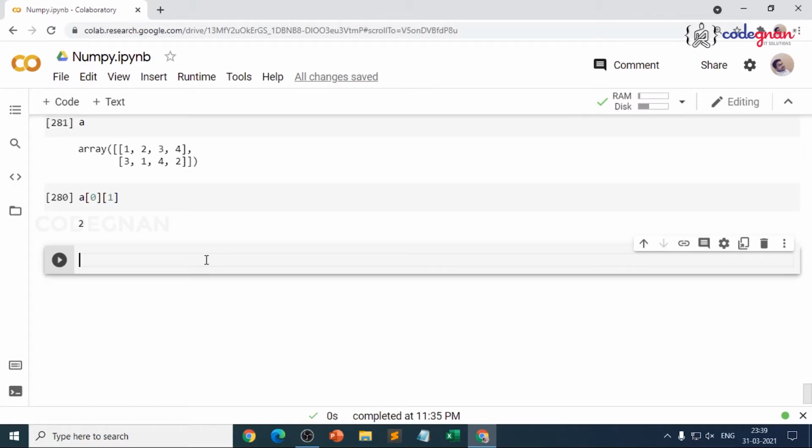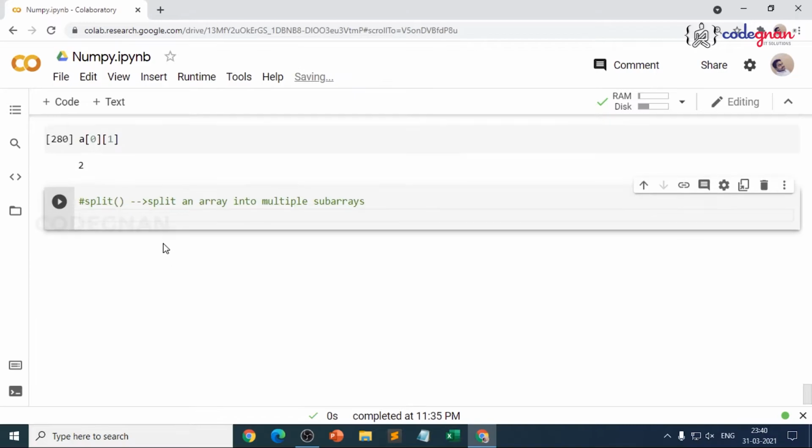Always remember. So now we will understand another important function, which is split, right? So how do you split arrays? Split plays a very vital role when we try to split an array into multiple sub arrays. If we go for the function, you'll understand it. How do you split the given sentences? I mean, how do you separate it? But here it plays a simple thing. When you split an array into multiple sub arrays, if you follow it clearly, it becomes much easier, because when you go for any official documentation, it may get confusing. Let me make it very simple.